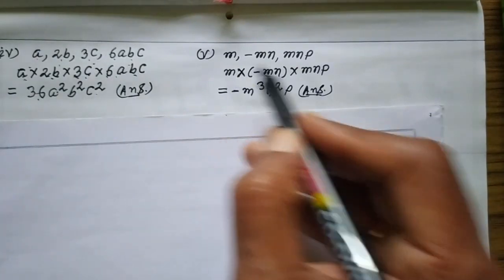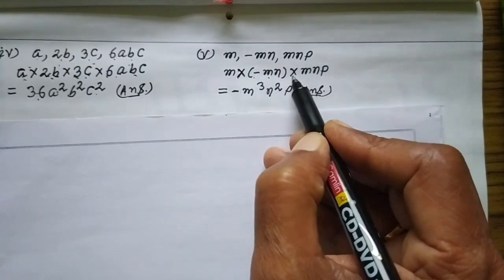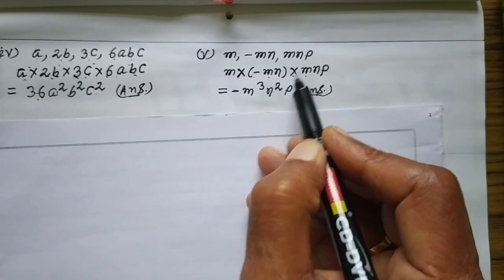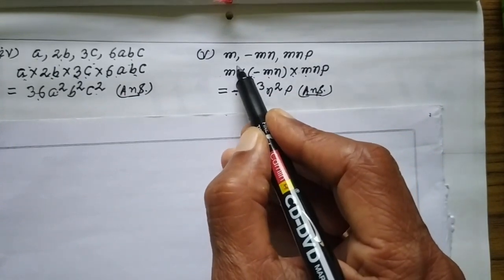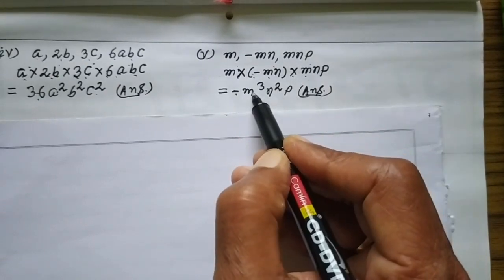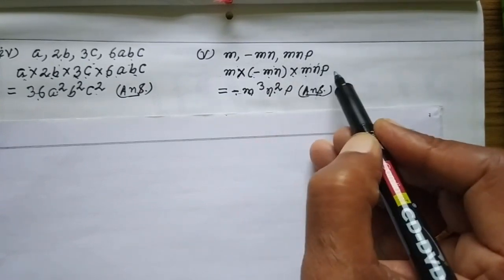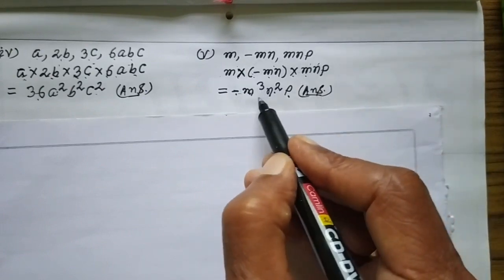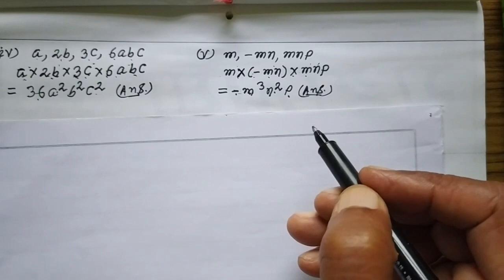Okay, and question 5: M into inside the bracket minus mn into mnp. Here first of all the sign: plus and minus, and plus and minus. Then m having 3, 1 plus 1 is 2 and 1 plus 3, mq minus mq. N, 1 plus 1 is 2, n square, and p is 1, so p will be adjusted. All variables will be adjusted here. This is the answer.